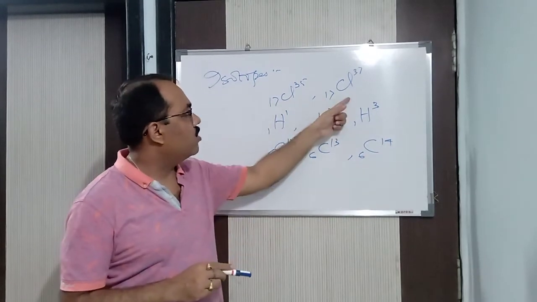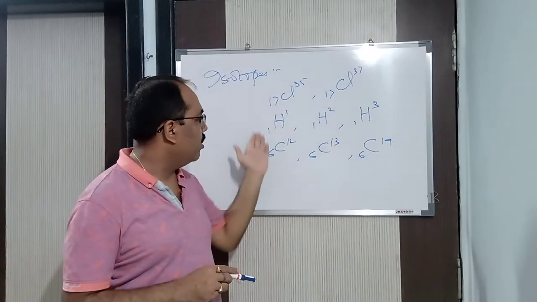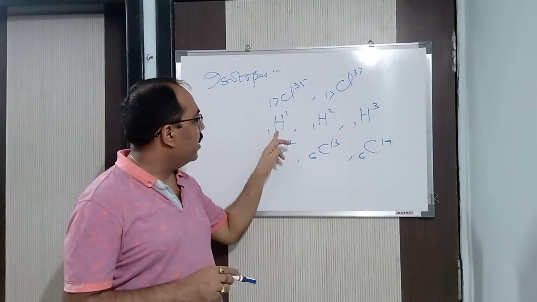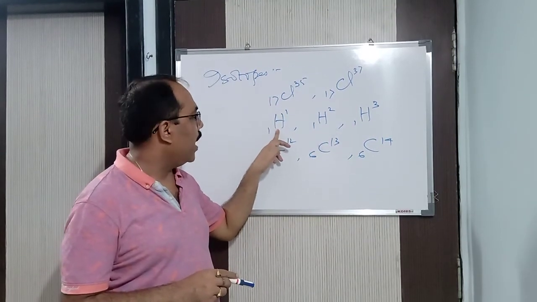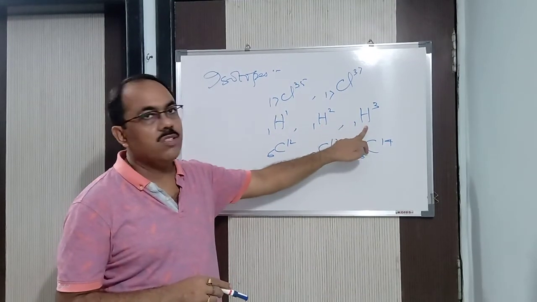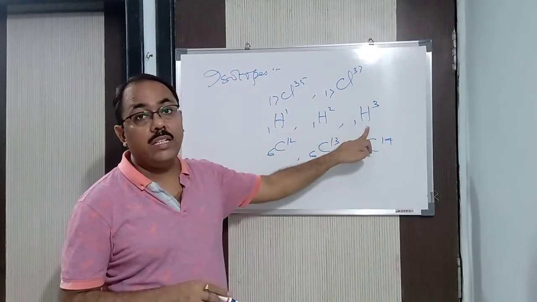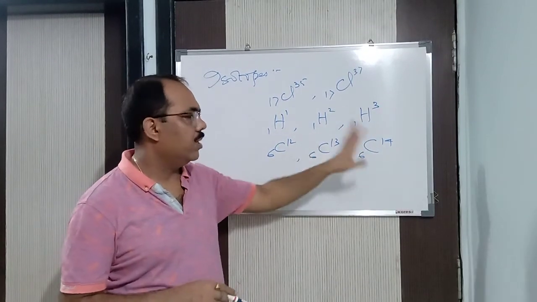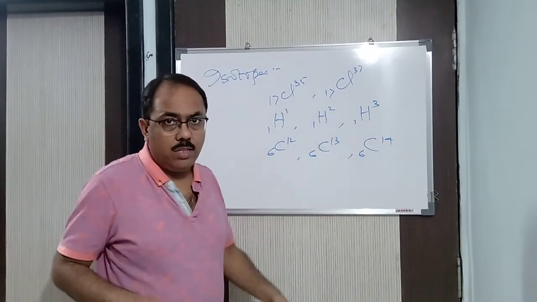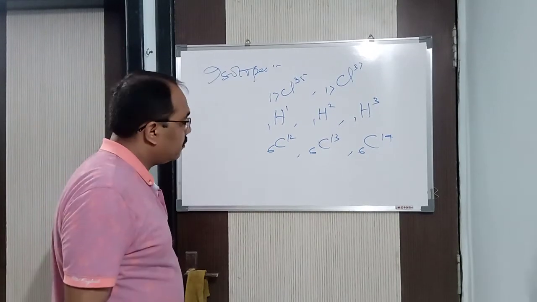Like chlorine has got two isotopes, 17Cl35, 17Cl37. The atomic number is the same, the mass number is different. In all the cases you can see, atomic number is the same, mass number is different. Let me tell you the name. Here hydrogen, 1H1 is called protium, 1H2 is called deuterium and 1H3 is known as tritium. Again I say protium, deuterium, tritium. But we don't have any name for the other isotopes. For hydrogen we are having it, because hydrogen is used in the nuclear reactors which we will study in the higher classes.